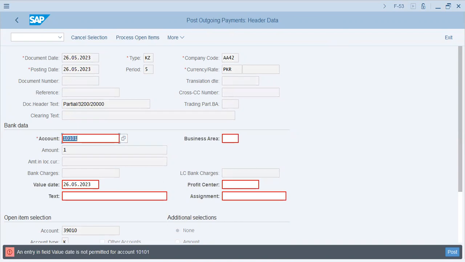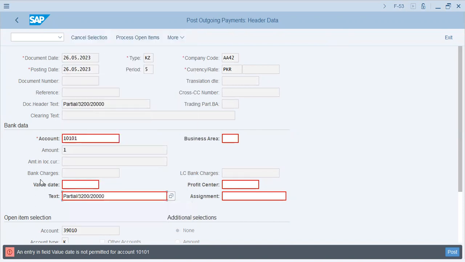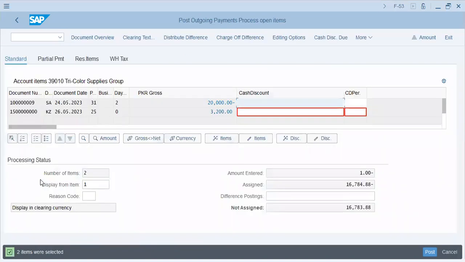Entry in field value date. 3200 is already there as a debit. It will be used for clearing. I will double click it. We have 19,000, but I will simply like that partial amount